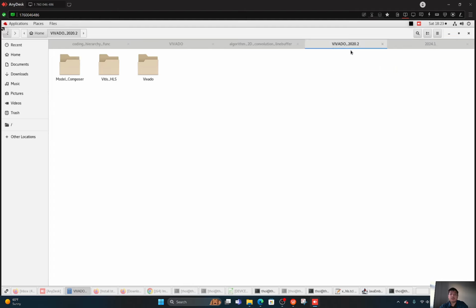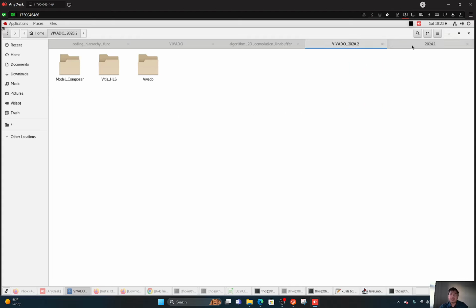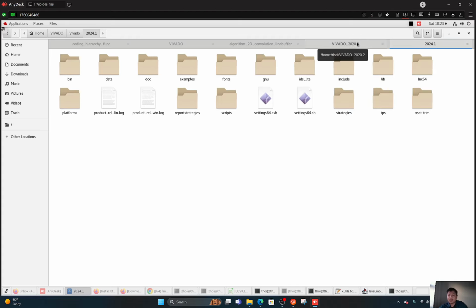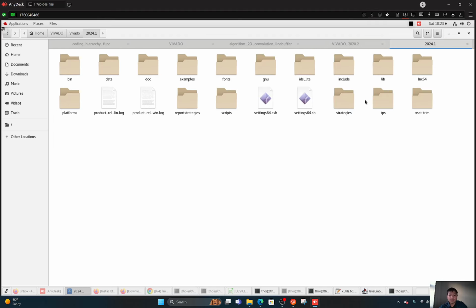And yep, I'm gonna use 2020 because 2024 uses the Unified IDE, which I'm not familiar with. I'm not familiar with the Vitis HLS IDE as well. I'm using it for the first time today. I would say I've been learning quite a bit since this morning. Anyway,